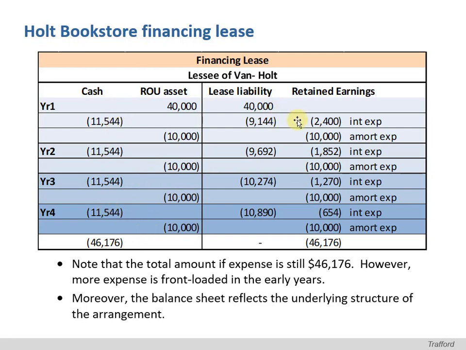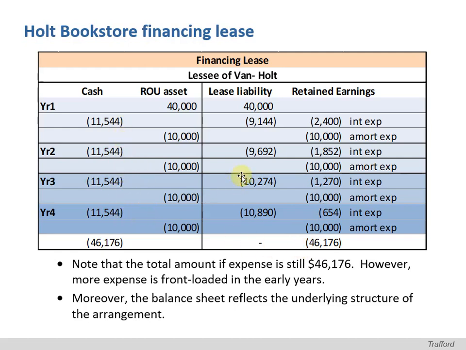In total, if you add up all of the interest expense and all of the amortization expense, it adds up to $46,176. So it adds up to the total amount of the lease payments. What you want to notice, though, is that we're not taking deductions on the income statement at